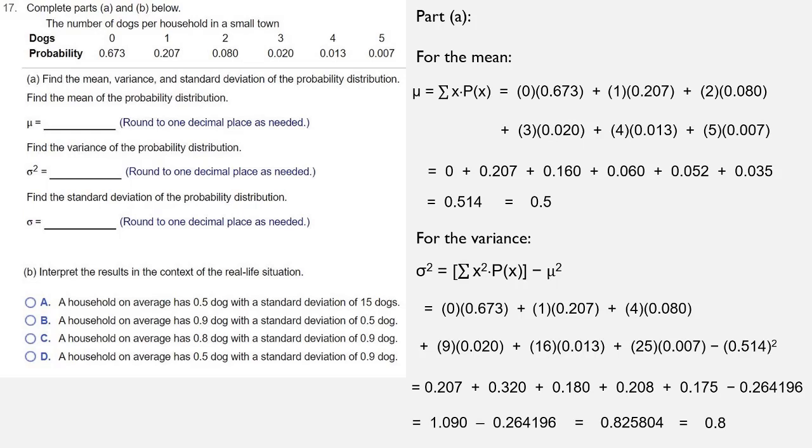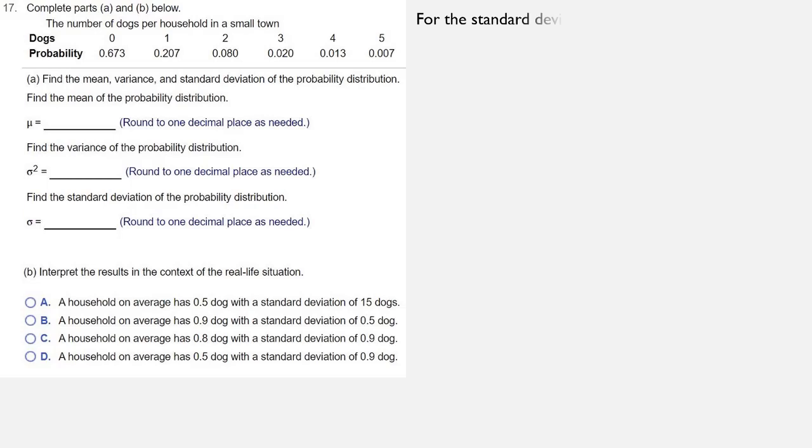Well, once we know the variance, how do we find the standard deviation? Finding the standard deviation, once we know the variance, is always the same. We always take the square root of whatever the variance value is. So for the standard deviation, we take the square root of the variance, which is sigma squared. Don't take the square root of the 0.8. Take the square root of the entire decimal,